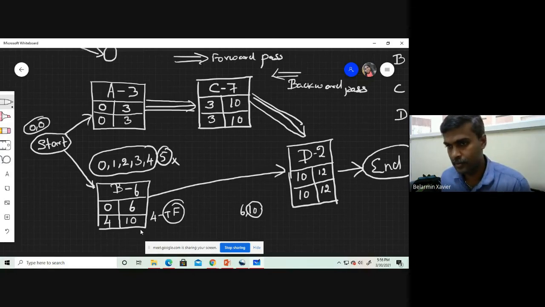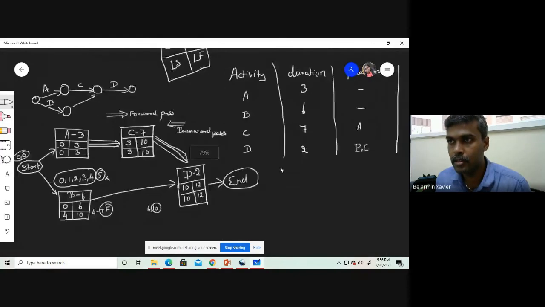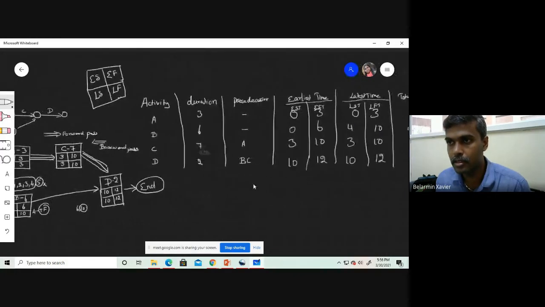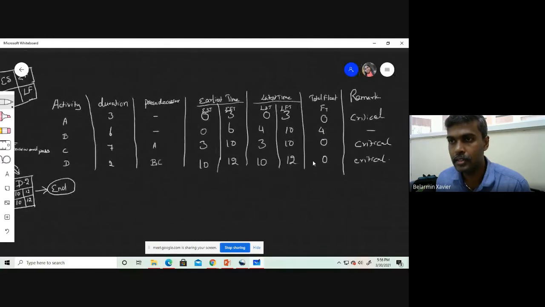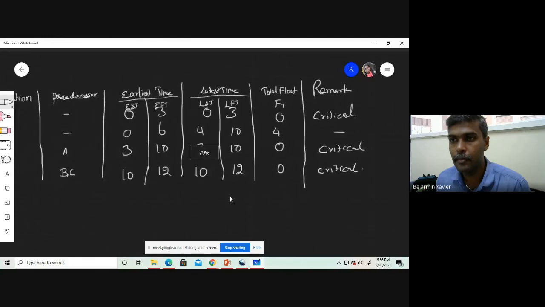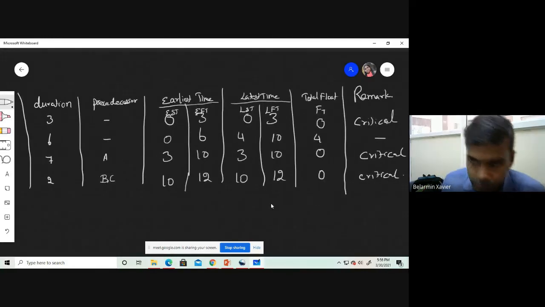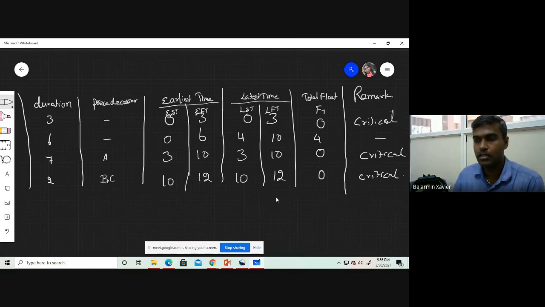In the same way, you have to fill the tabular column with the earliest start and latest start times. This method is a little easier than the activity on arrow method. This is how we find the critical path.